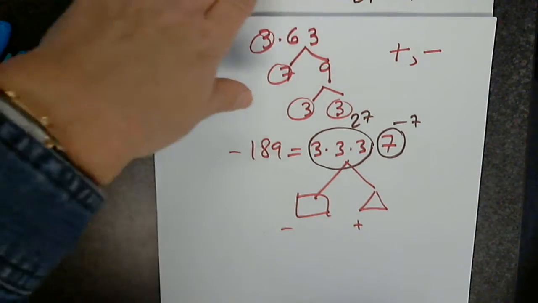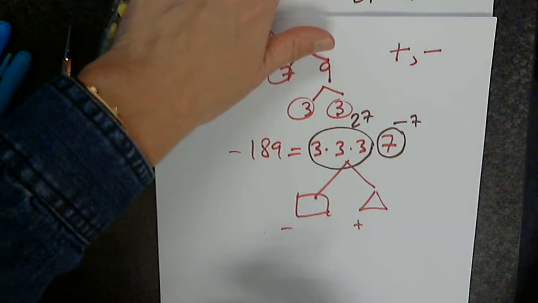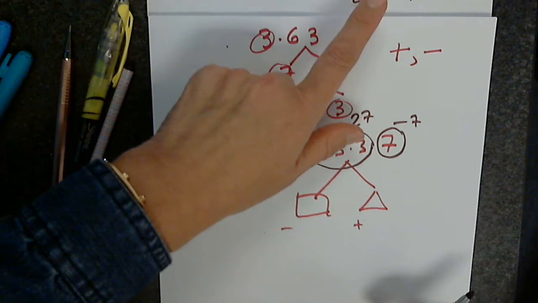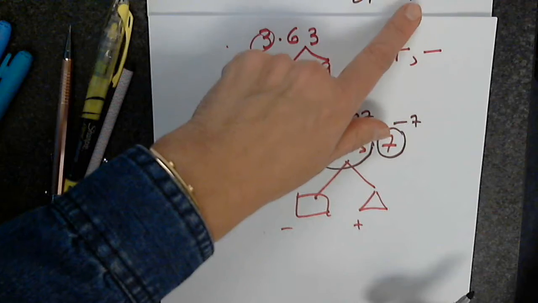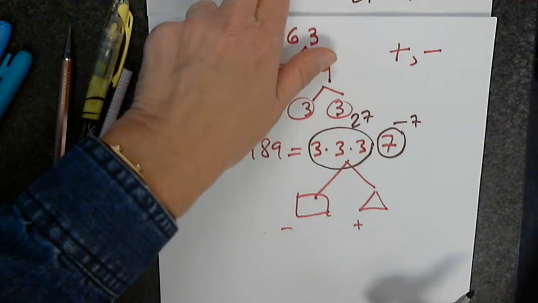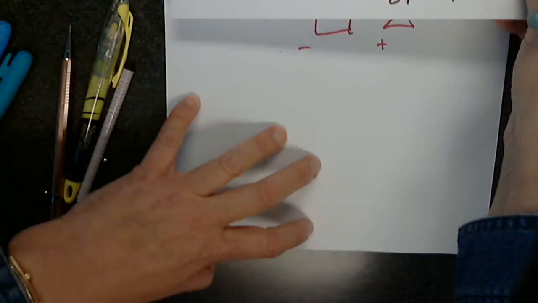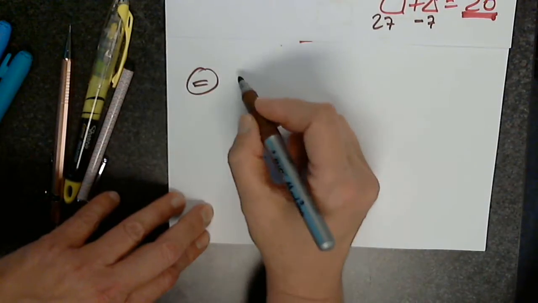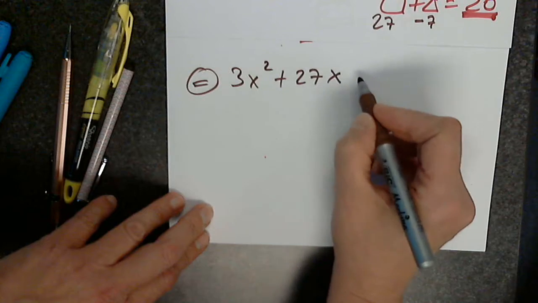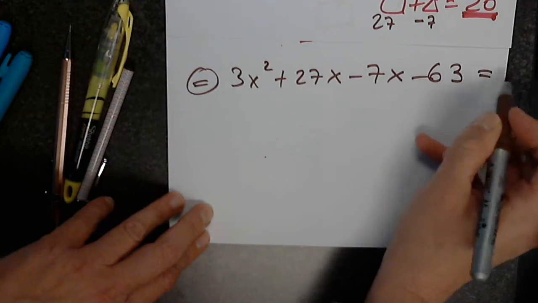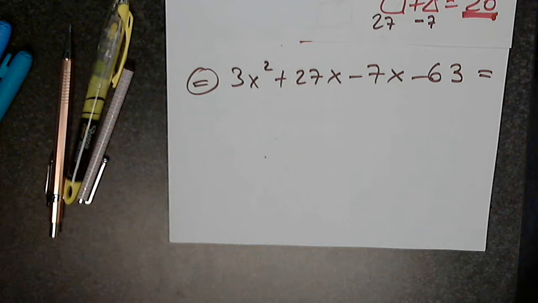I will rewrite the trinomial, replacing 20x by 27x minus 7x. Using these numbers, I'm replacing 20x. So here it is: 3x squared plus 27x minus 7x minus 63. And you can say, what did you accomplish? A lot. Because I know what to do with 4 terms. And there is only one method that is applicable with 4 terms. What is it? Factoring by